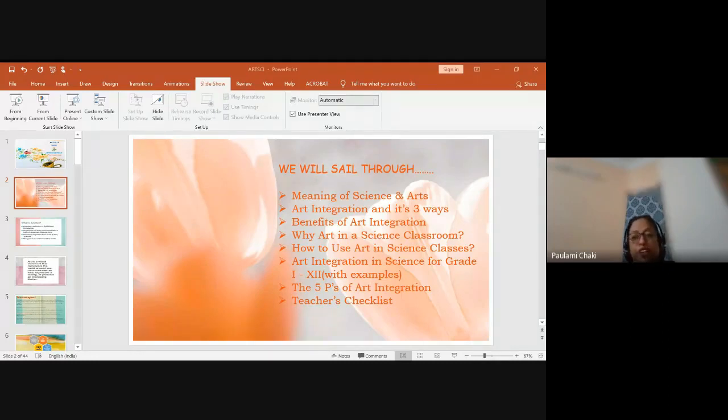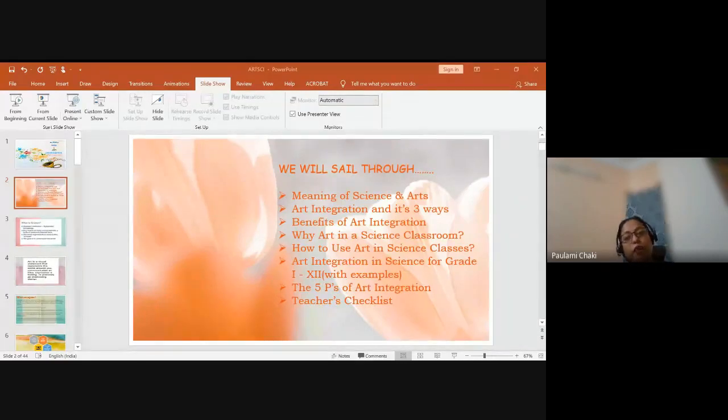Communication, collaboration, critical thinking, creativity. All these things are very important. These are not only learning skills. I will say that they actually help our students to evolve as better human beings, and he or she is better equipped for the challenges to be faced in life later on. And the fifth is teachers' empowerment.